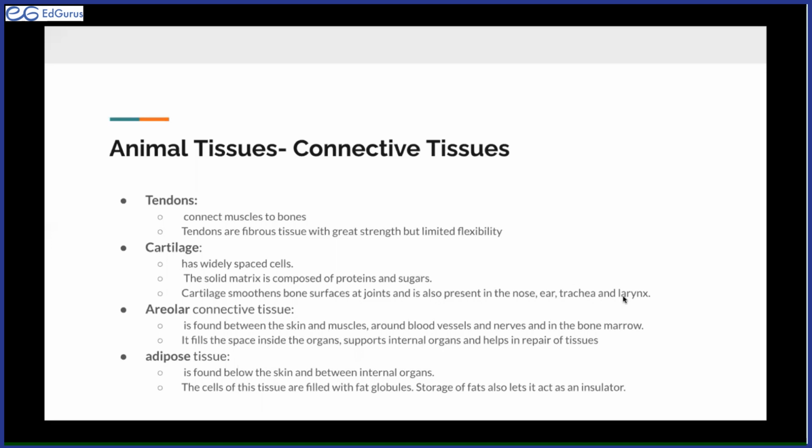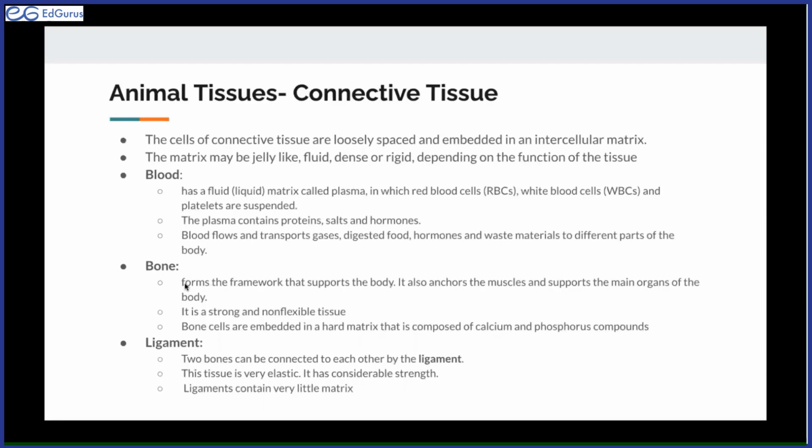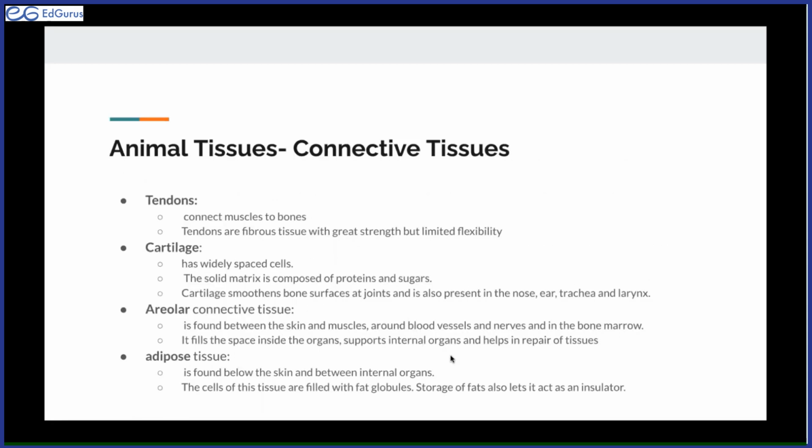So I'll explain this because I think it's a bit complicated. Basically, bones connect to each other through ligaments. Two bones can be connected by a ligament. But when these two bones are connected, if they rub against each other too much, these bones might get chipped. If you rub two very hard things together, there might be scratches or marks, or you might break these hard things or cause cracks in them.